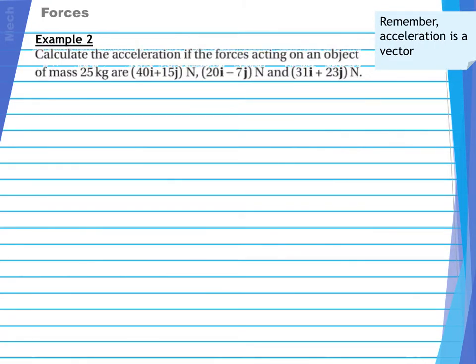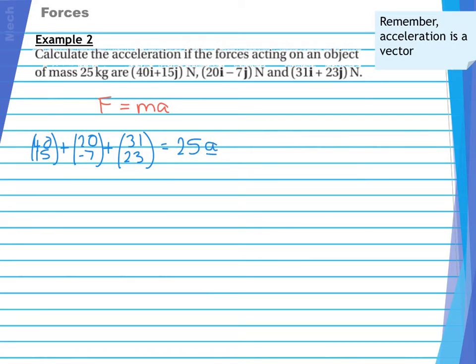Right, so example 2 here, we're asked to calculate the acceleration if we've got forces acting on an object of mass 25 kilograms, and here are the 3 forces acting on our object. So we need to start off by finding the resultant force, and then we can put that into the formula F equals ma. Now personally, I like to just substitute all of my forces in instead of F straight away, but if you want to work out the RF first and then sub that in, then that's also okay. So I'm going to say that F equals ma, and all of my forces are 40i + 15j plus 20i minus 7j plus 31i + 23j, and my mass is 25,